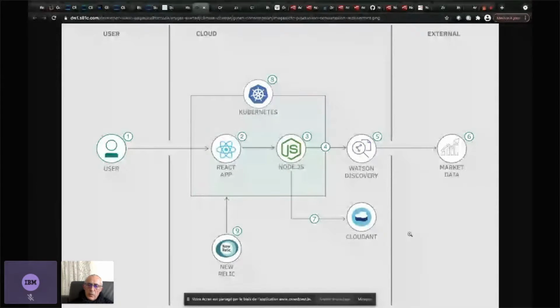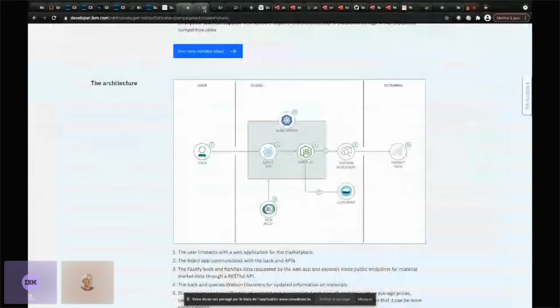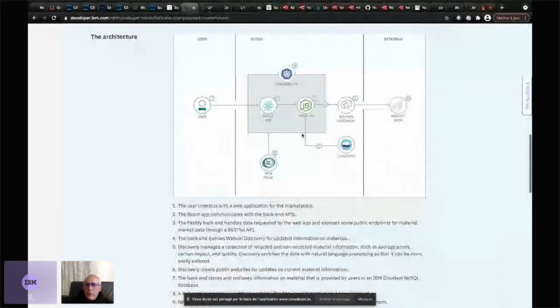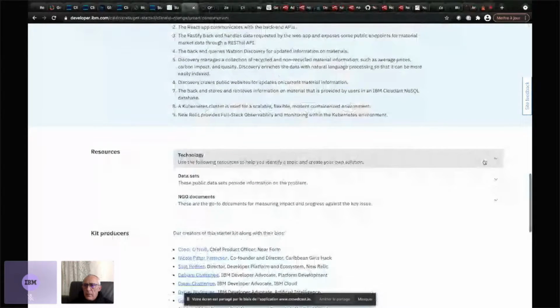Here we have chosen Cloudant as a database. To allow you to achieve this architecture or a similar architecture,